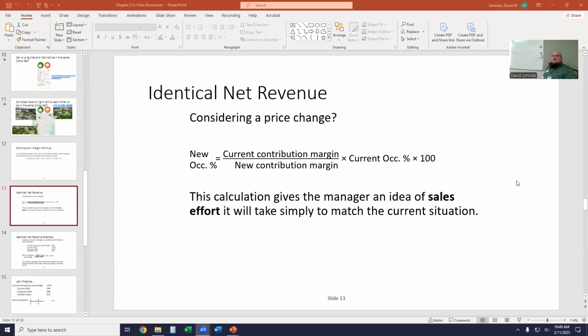And that is one of your homework assignments that you see. I will adjust the due date. But it is essentially the identical net revenue. Okay. This is something